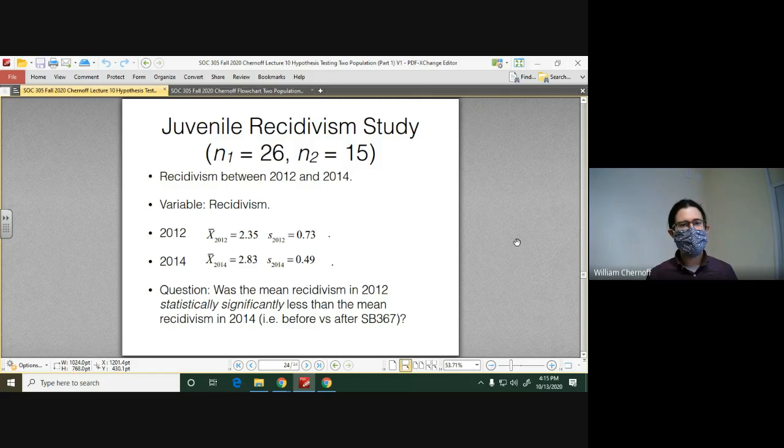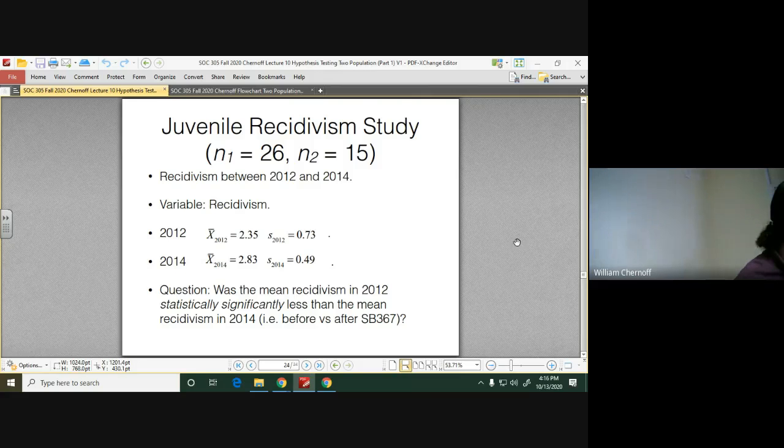So we have new trainings that come out. We have new programs that are available. Everyone is really excited and focused on helping the youth. So because of this law passing, this makes me think that when it comes to recidivating in 2014, they're going to be a lot more consistent in how they respond than in 2012. In 2012, the kids could have been all over the place, but now in 2014, we've got a really focused juvenile justice effort. We're going to imagine that there's still going to be some differences between the kids, but they're going to be a little more consistent.